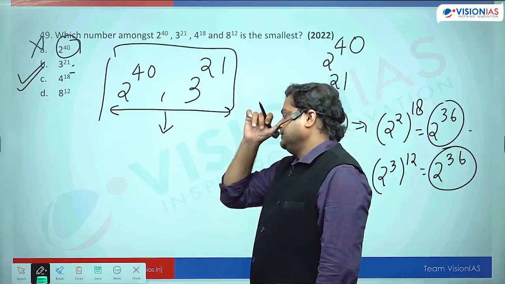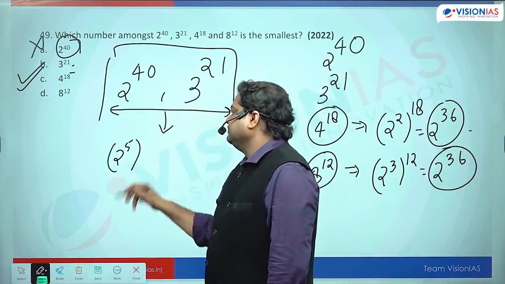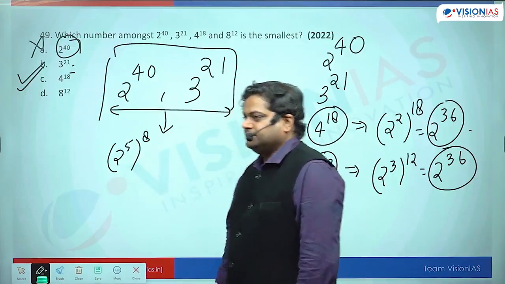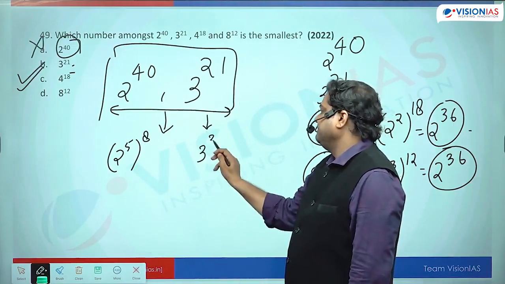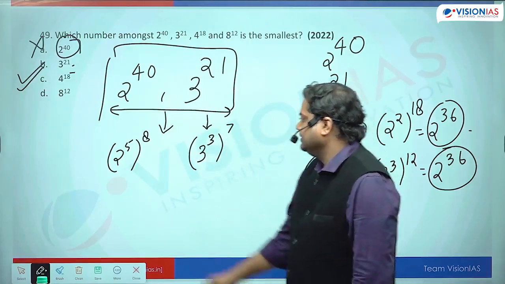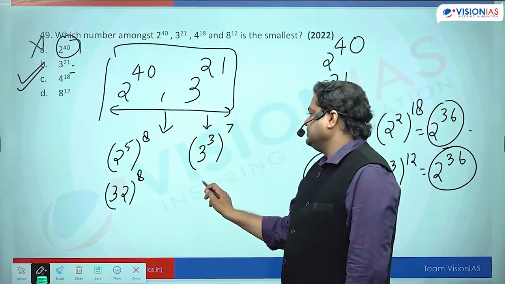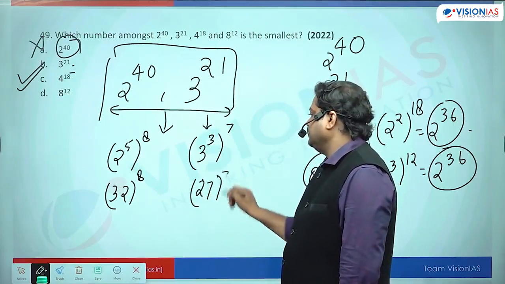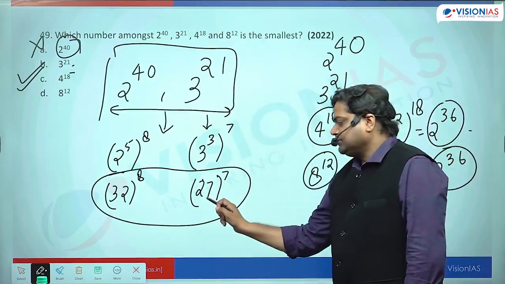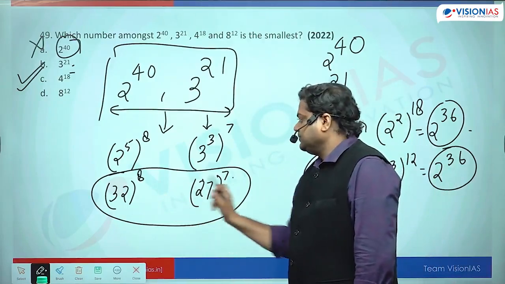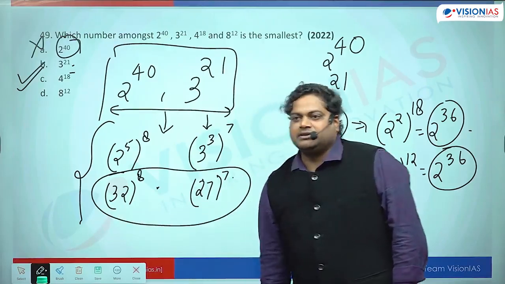इसमें व्हाट वी कैन डू, लाइक इफ आई राइट 2 के पावर 5 के पावर 8, इसको इफ आई राइट 3 के पावर 3 7, ये कितना हो गया 32 के पावर 8, एंड दिस इज 27 के पावर 7। कैन वी कंपेयर? अब हो जाएगा कि बेस इज ऑल्सो लेस, पावर इज ऑल्सो लेस, सो दिस वे वी कैन डू सम मैनिपुलेशन कि बेसिस को नियर अबाउट करके विल ट्राई टू चेक।